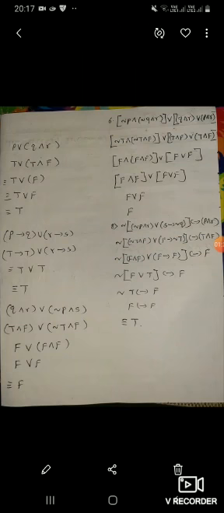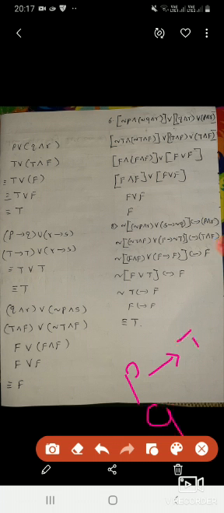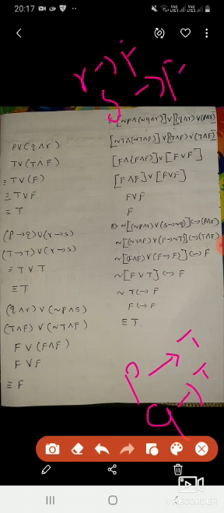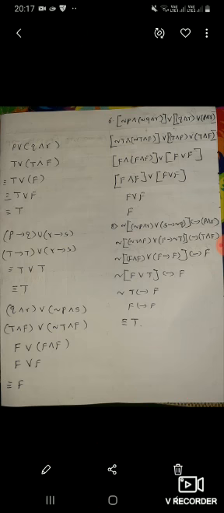It is question number 4 in the first exercise. In this exercise, it is clearly mentioned P and Q are true. P is true and Q is also true. R and S are false. R is false, S is also false. So, P and Q are true, R and S are false. By using this, we have to find the truth value of the given statement.